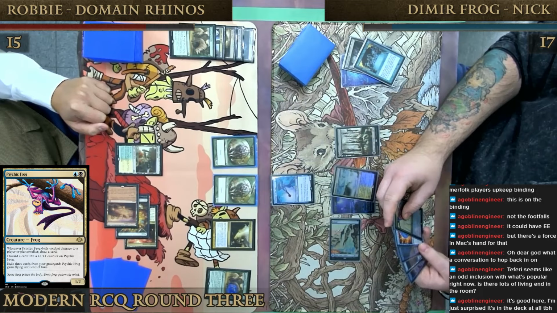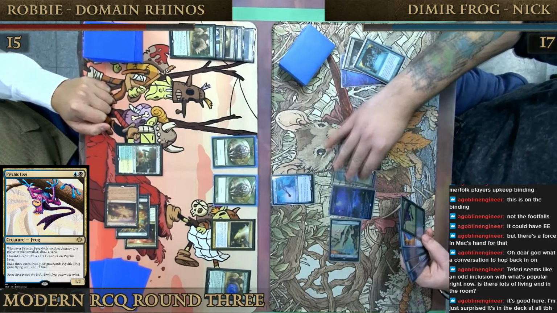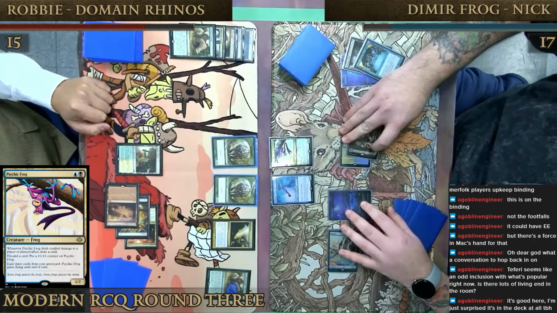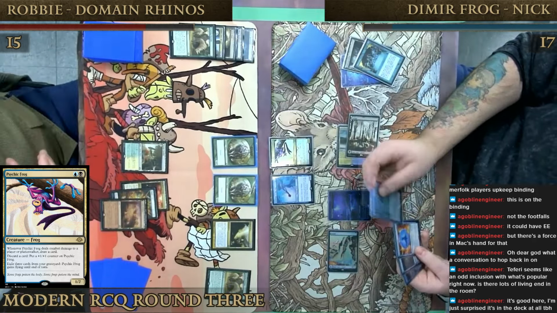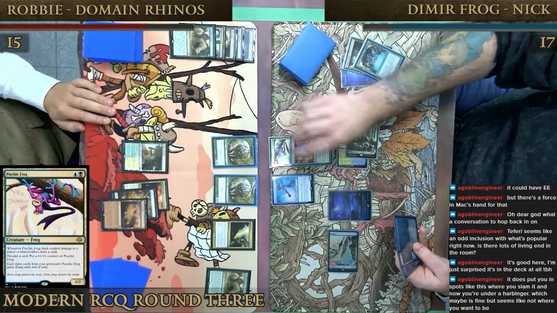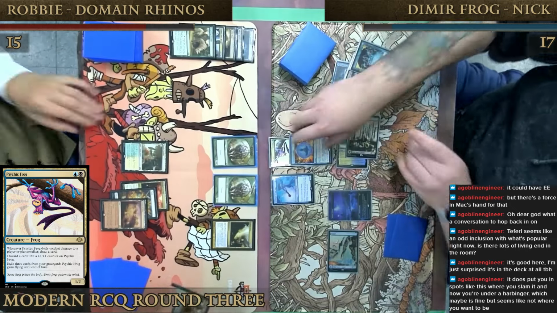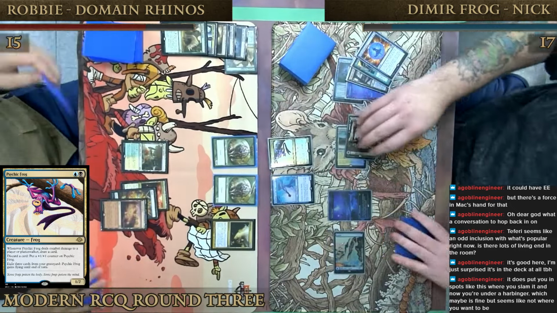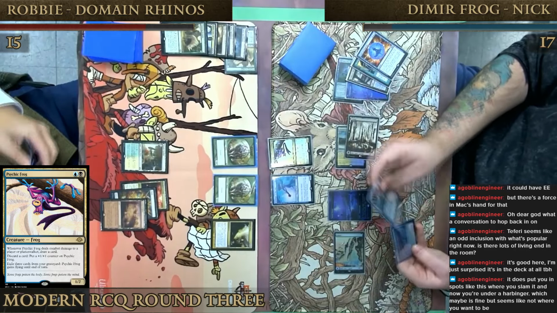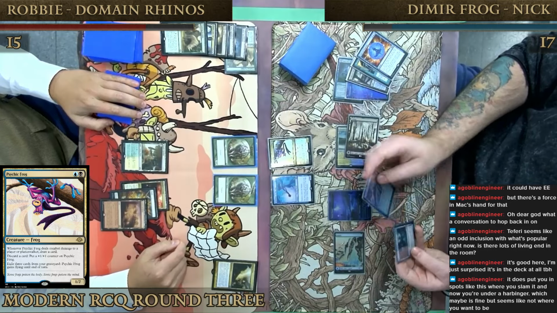Now, does Nick play Frog or does he hold up Hardcast Force? I think you can pretty safely just jam Frog here. Yeah. So now Robbie's in a bit of a weird spot. So yeah, Nick just forces the second set of Rhinos. And now, yeah, so Robbie's in a weird spot here where...